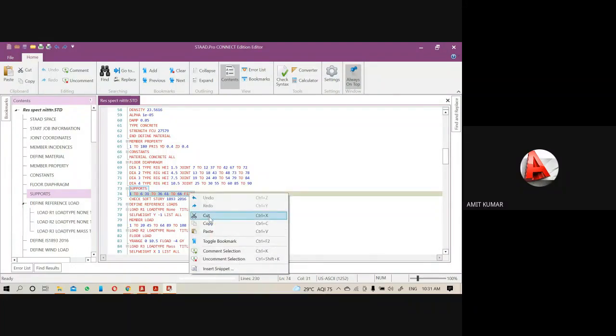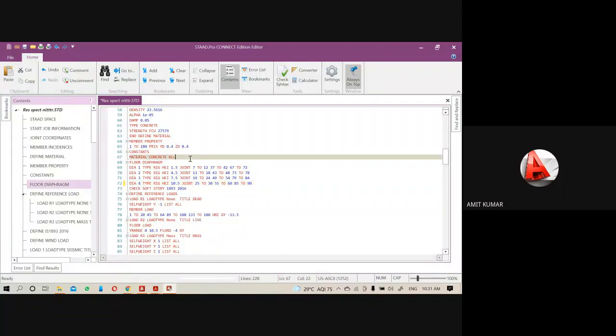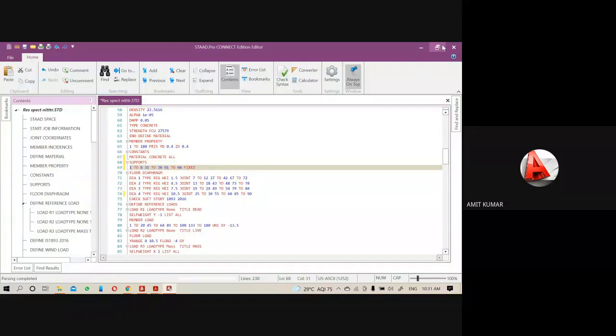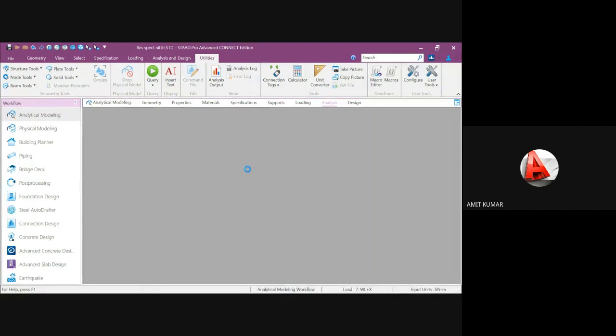Just select it, cut and paste it before the floor diaphragm. Now save it, yes, and run the analysis one more time. Most probably we will get one more error, so let's see which type of error we will get.